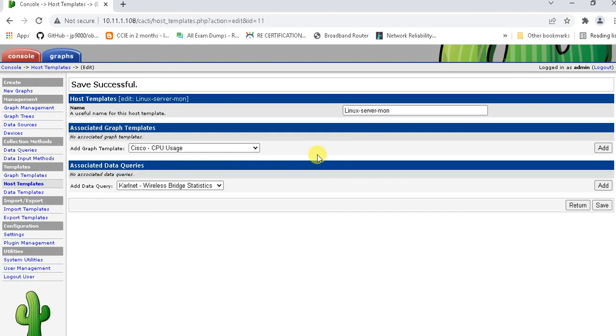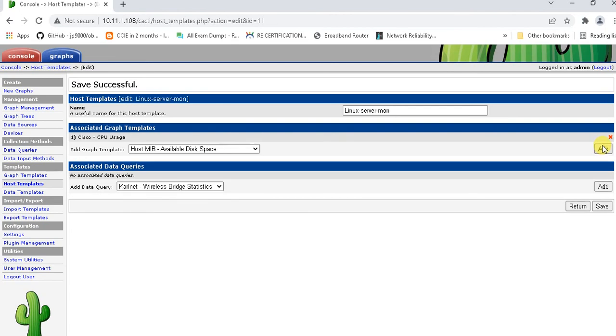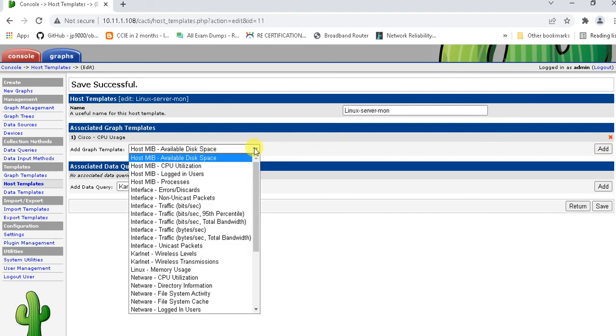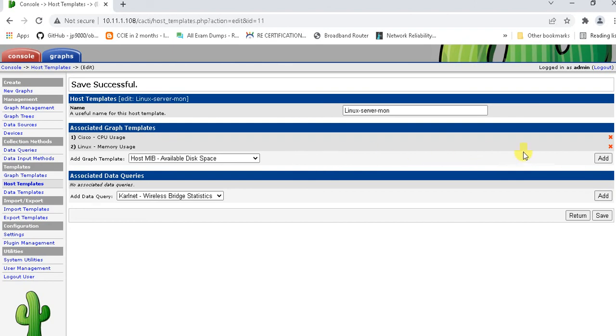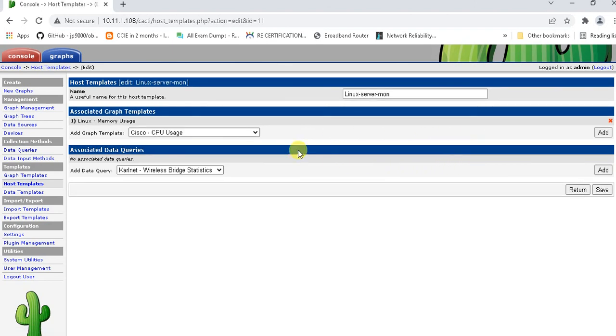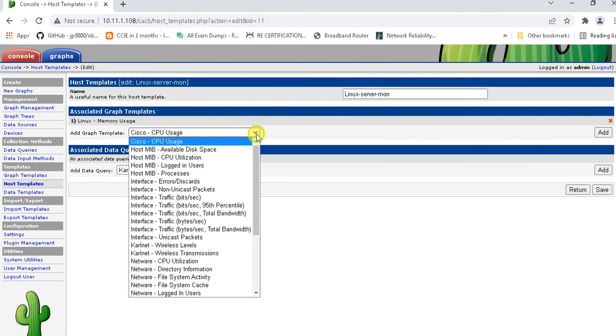What we are going to do is add some graph templates for this server monitoring. Here we will look for ones related to the server. Basically this is Linux memory usage. For example, we can add this one, add. I think this is not the right one. This is wrong actually. So Linux memory usage, and then the other things useful for us to monitor: